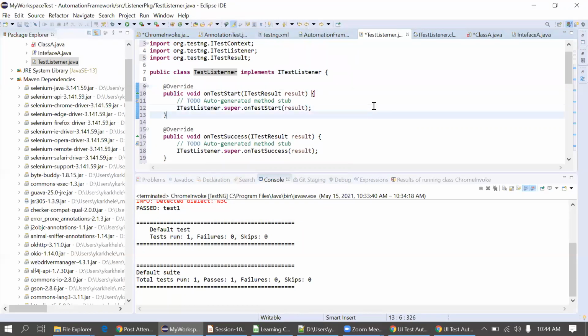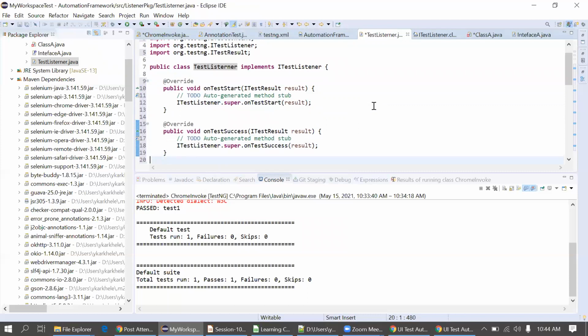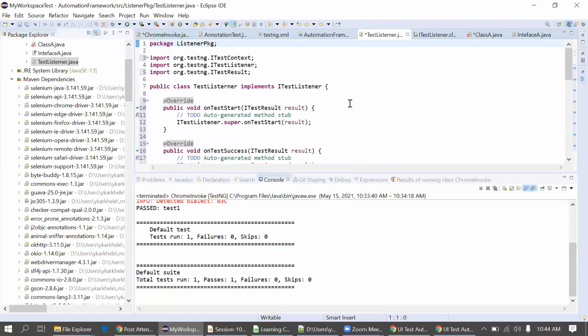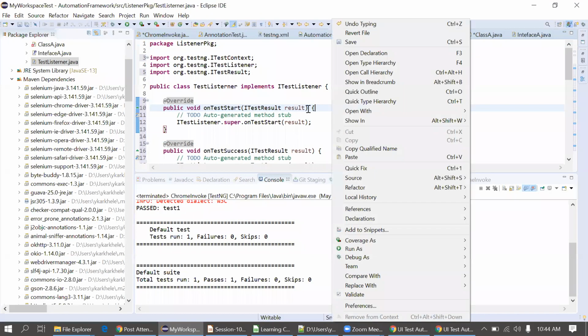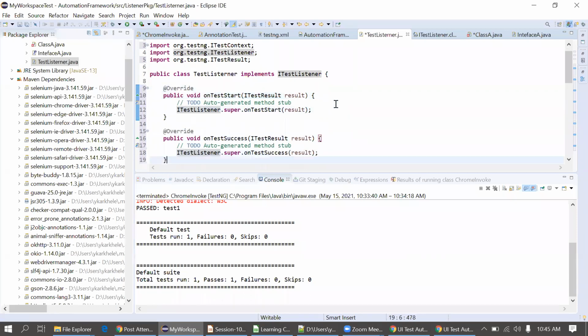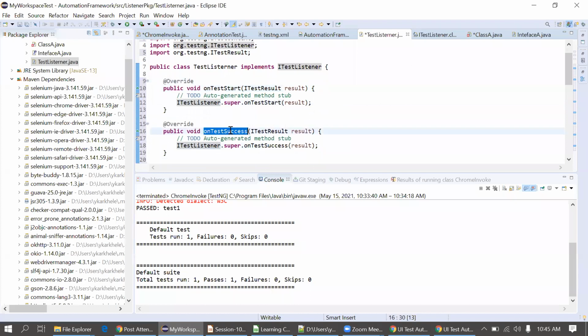Now consider if my test case is failing and I have to perform some action, for example, take a screenshot when my test case is failing. There is one method. I will walk through the methods once. On test start, if you want to perform some action, we can do that. Then on test success, the second method.